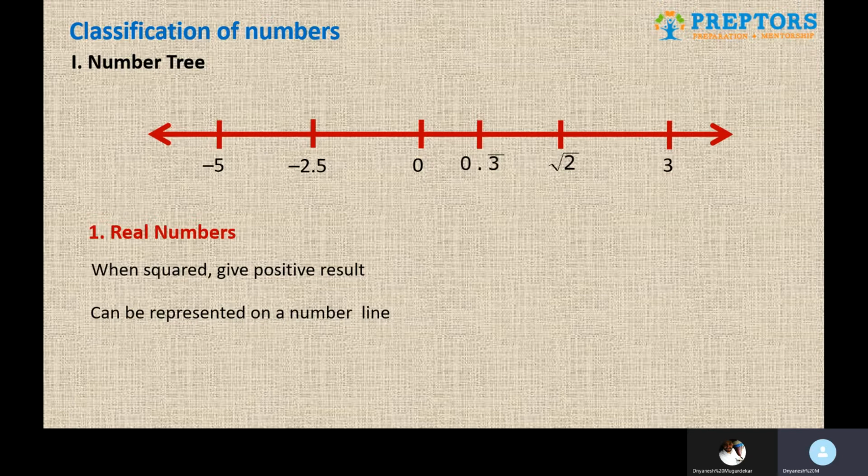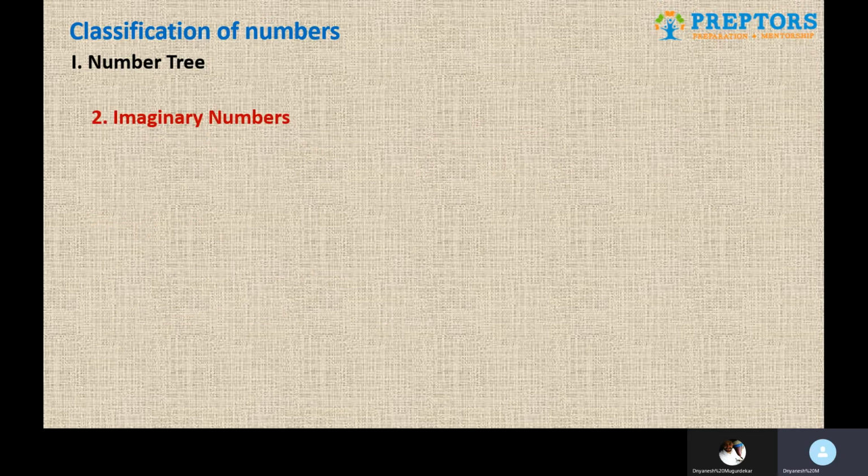Whereas the second part was imaginary numbers. Obviously, from the name itself, you realize that it's not the real thing, it's a hypothetical concept, and it doesn't in any which way have much application for us also. So just a quick introduction. Obviously, it has to be the opposite of real numbers. So after squaring, they will give you a negative result. And when you think from that perspective, you will realize that we don't have any such numbers which after squaring will give you a negative result. So imaginary numbers is a hypothetical concept.